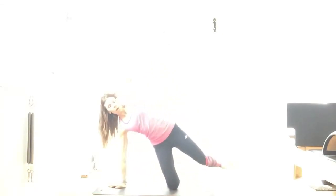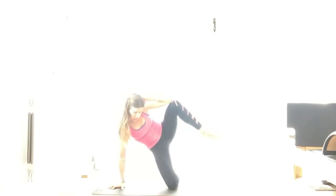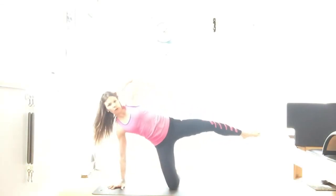Hand behind the head, drop those knees in. Let's go over to the other side. Drop the hand behind the head, reach the leg out, lift the leg up to hip height. So our first one is that lateral rotation, elbow towards the sky, knee towards the sky, elbow towards the knee for 3,